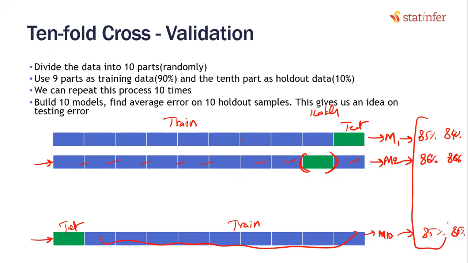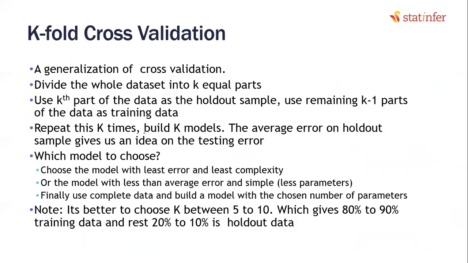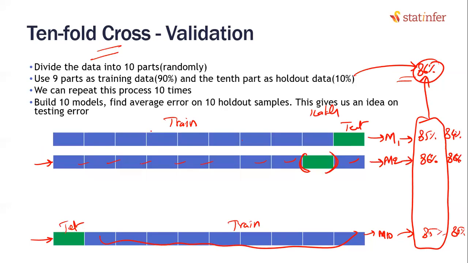Take the average of all these, either train or test, because both of them are the same. If that comes out to be, let's say, 86%, then I can put a stamp on it. By using tenfold cross validation, and the generalized name is k-fold cross validation if you are making it into k pieces, in general people do tenfold cross validation. After doing tenfold cross validation, I can very confidently say 86% is the accuracy and it can validate on any type of data. We tested with all types of test combinations, isn't it?